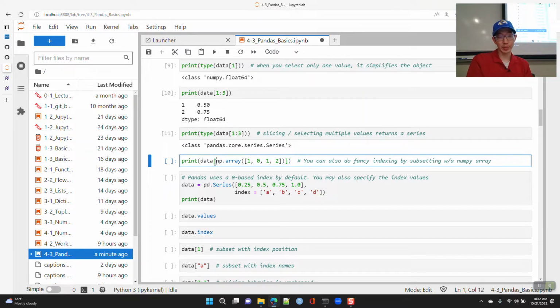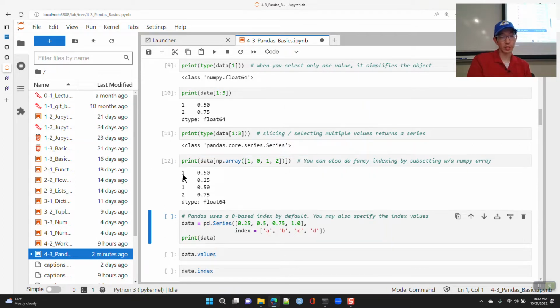So here you basically do data square bracket, and within that you provide it a NumPy array with the values that you want to extract out. Okay, so here it's going to pull out index 1, index 0, index 1, index 2, and you can pull out any sequence of values that you want to specify, and it has no problem repeating the same value again.